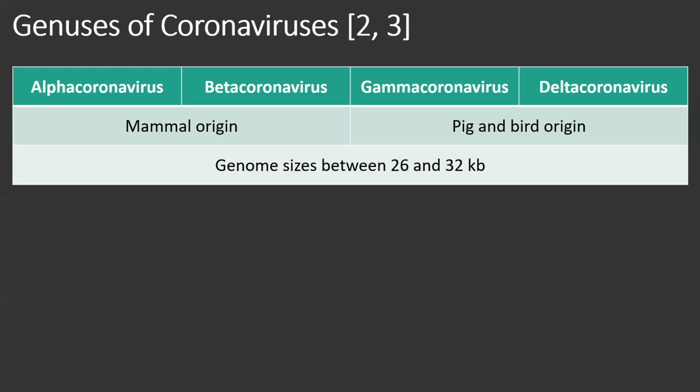And while alpha and beta coronaviruses appear to come from mammals, especially bats, gamma and delta viruses come from pigs and birds. And the genome size, which is the total amount of genetic material contained within one copy of a single complete genome, varies between 26 and 32 kilobases. And out of the 7 subtypes of infectious